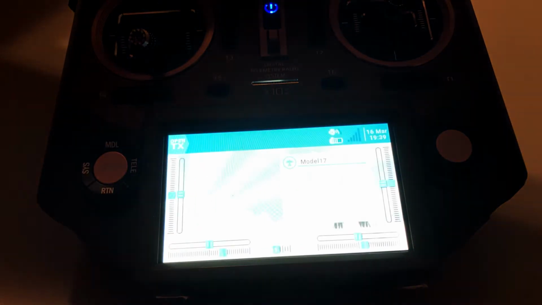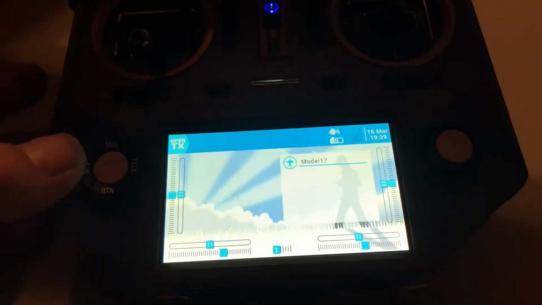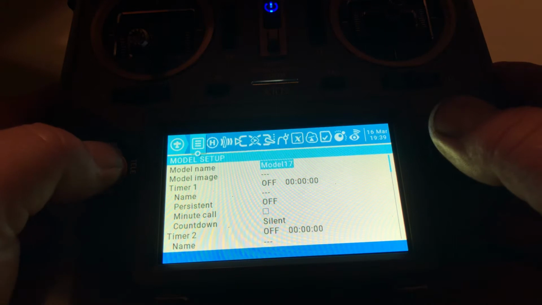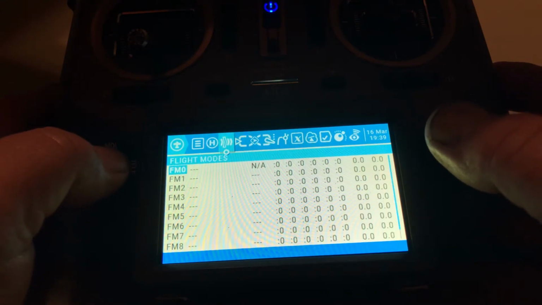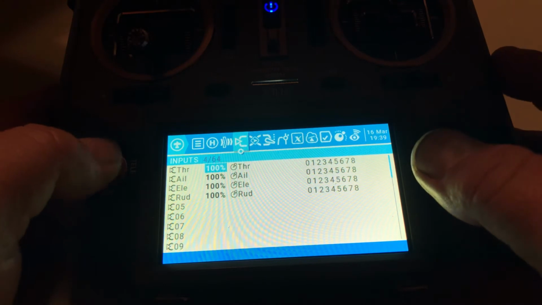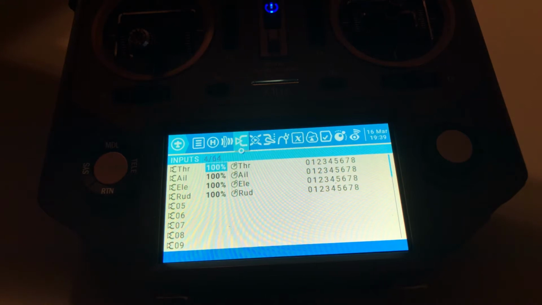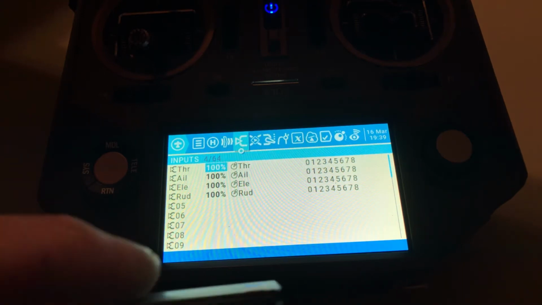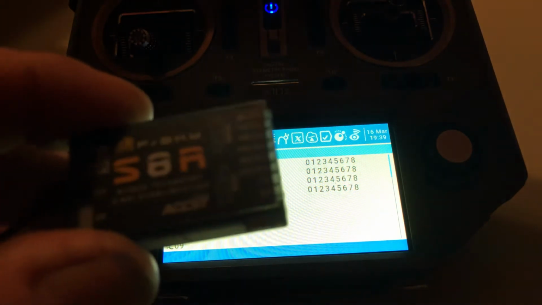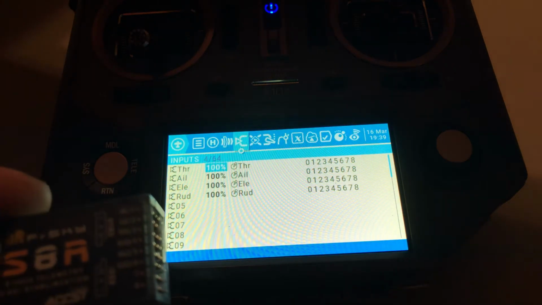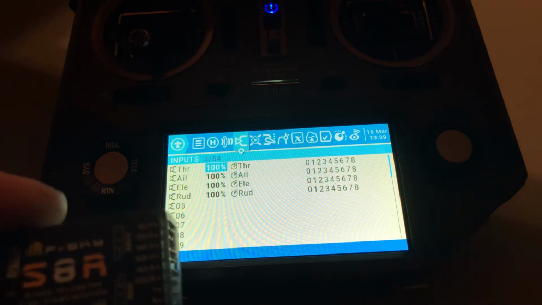I've got my radio on, and the first thing we need to do is set up the channels in this radio. So we're going to select our model. We're going to go all the way over here. I want to show you something on inputs. On the inputs page, you see channel, the first one at the top is throttle, second is aileron, third is elevator, fourth is rudder. Now I told you that this receiver is wired a little differently, that it lists the aileron as being the actual number 1, tells you that elevator is supposed to be number 2, throttle is 3, rudder is 4,